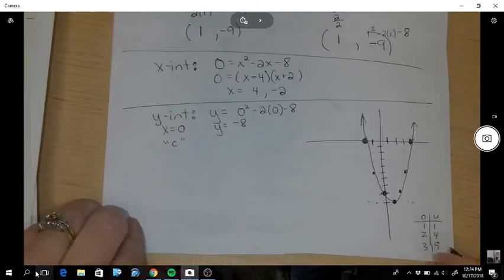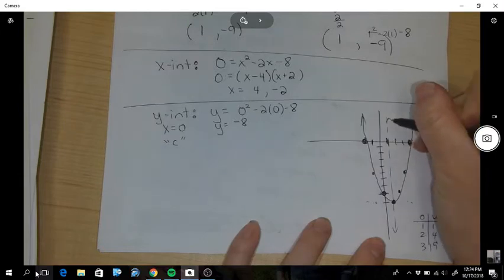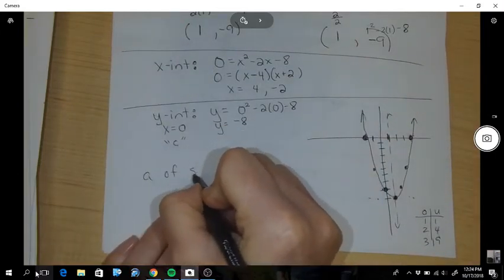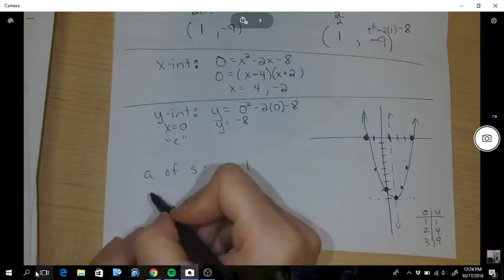Okay, I can ask you other questions. Your axis of symmetry is the vertical line x equals 1. Your domain